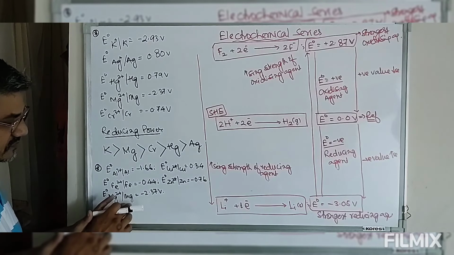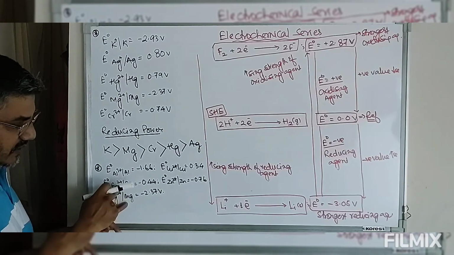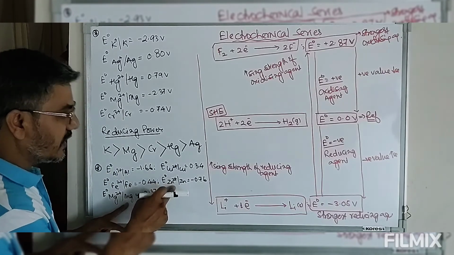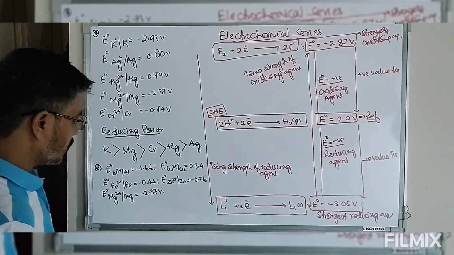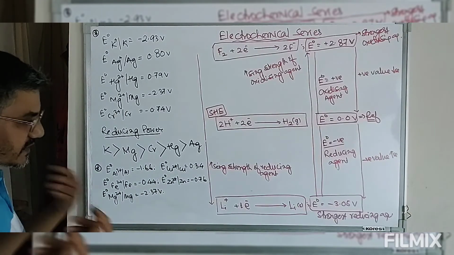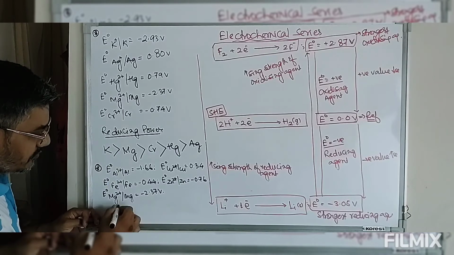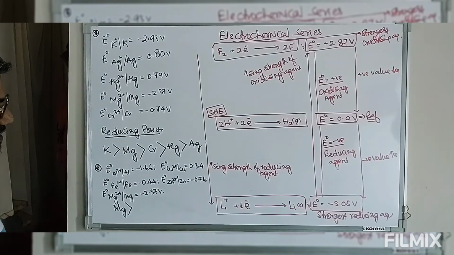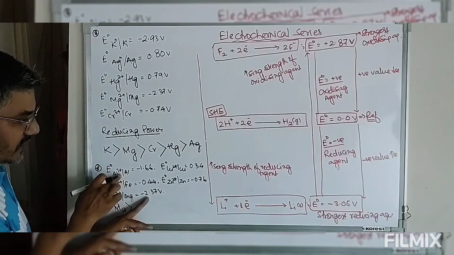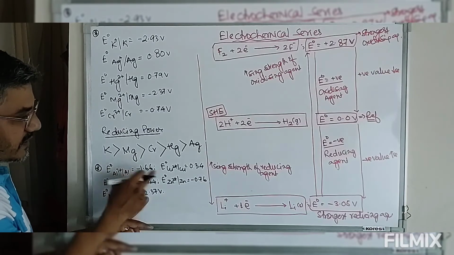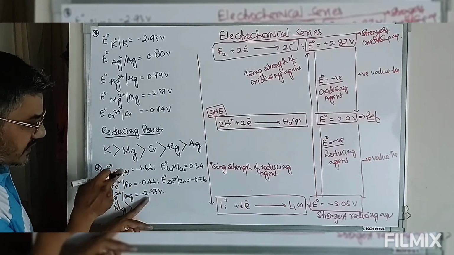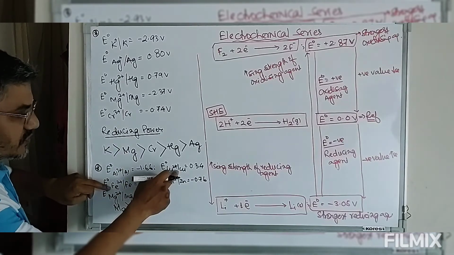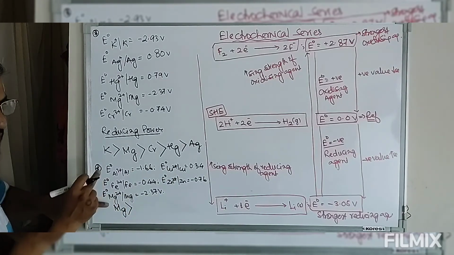So magnesium can displace iron plus 2 from solution, can displace aluminum plus 3 from solution, can displace zinc from solution, can displace copper ion from solution. So the strongest reducing agent, the one which can displace all other metal ions, is magnesium. After magnesium, we have aluminum. The negative reduction potential of aluminum is greater than that of zinc as well as iron. So aluminum can displace iron, zinc, copper from solution, but aluminum cannot displace magnesium ion from solution.